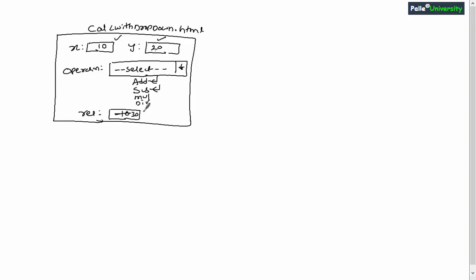That is the requirement. I believe you understood the assignment. Now before starting the solution for this assignment, I will be giving a few important points related to this assignment.